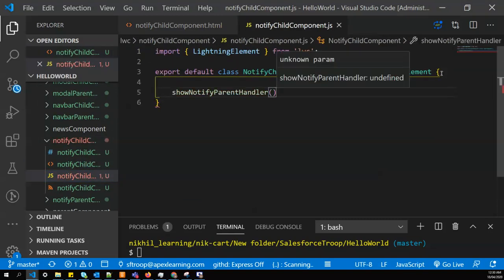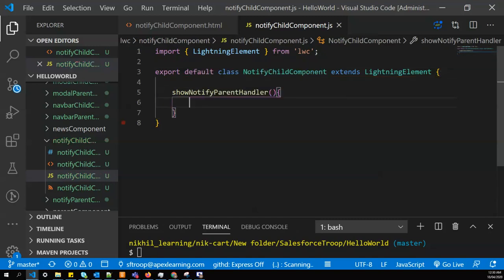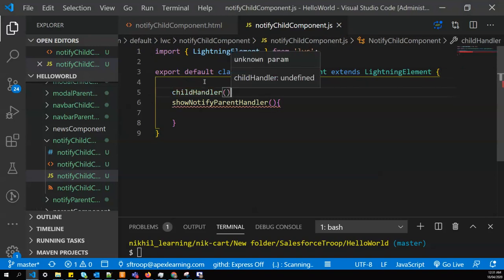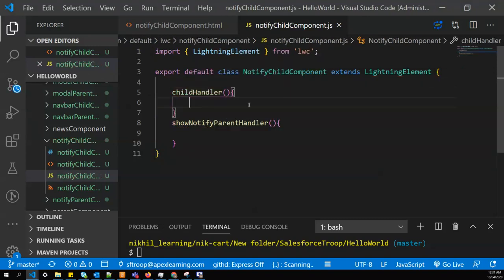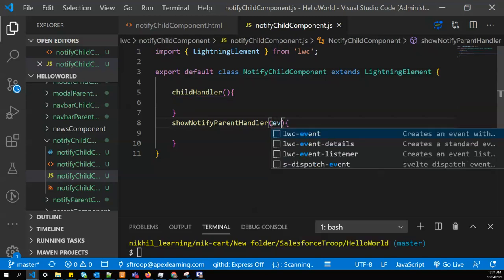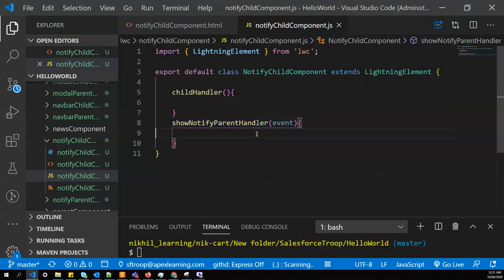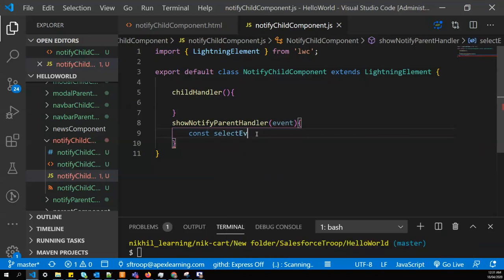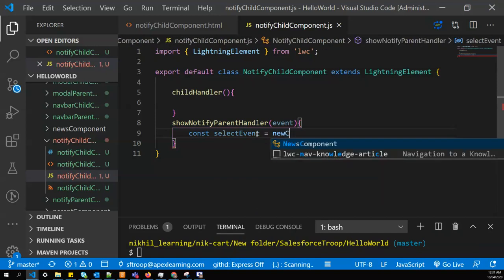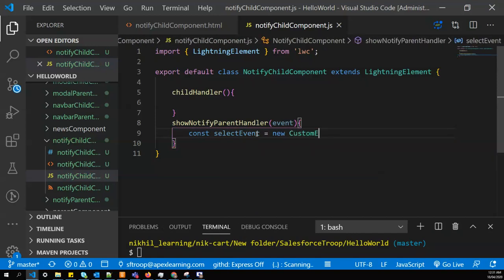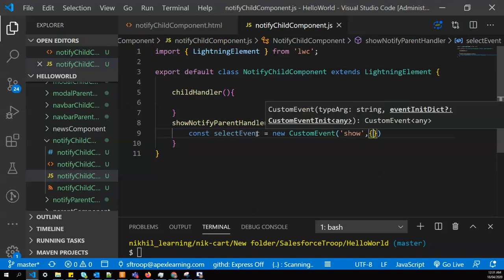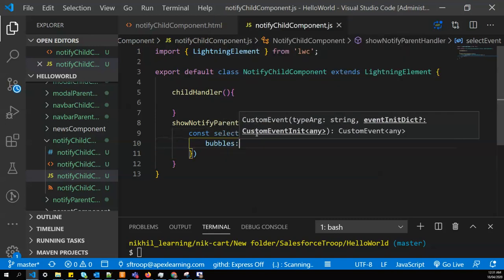So I have show notify parent handler, and another one is child handler. So within this, I'll create a custom event. Select event equal to new custom event, and I'll give this name show, and we'll pass a property bubbles to true.